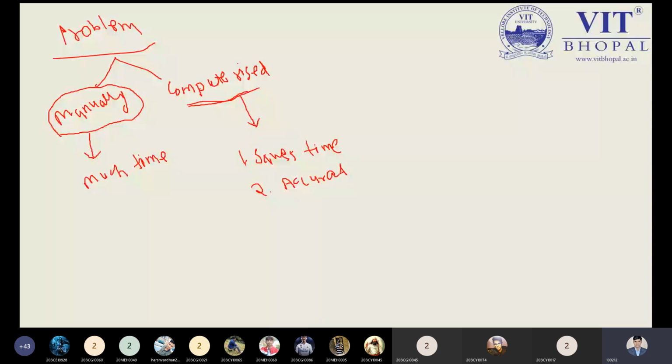Now I'm giving a problem like multiply 76 into 227 and so on. You can definitely solve the problem in an easy way, but it takes much time. But in the computer system, it will give the result in a few seconds. So we will be happy that we got the result without any doubt. So we can say that by using a computerized way, we can sort out the problem in a simple way, and we get some features: we save time and the accurate result will come.